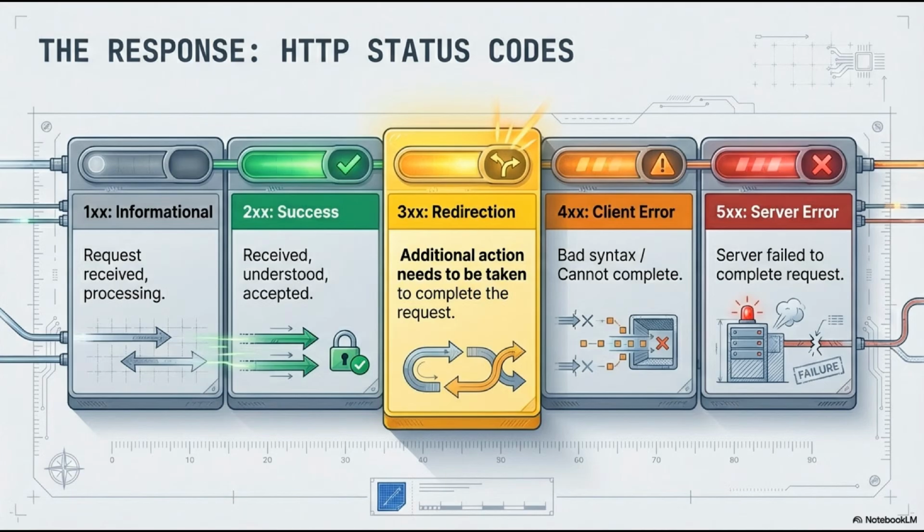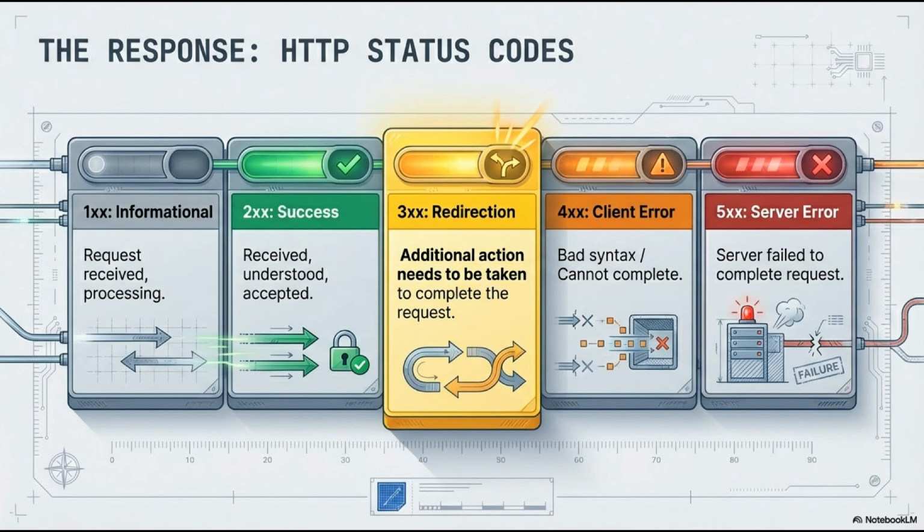The 4XX codes are in that orange block there. Client errors. That's the server basically saying, hey, you made a mistake. You asked for something with bad syntax or something that just isn't here. And the 2XX codes are the green block. Green means go. 2XX: the request was received, it was understood, and it was accepted. Everyone is perfectly happy. But I see you eyeing that yellow block in the middle of the slide, the 3XX